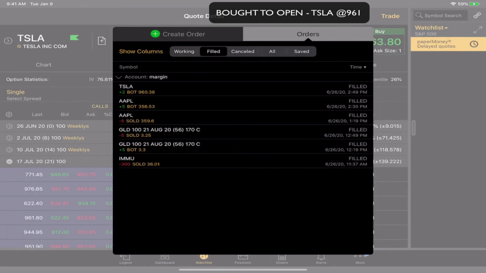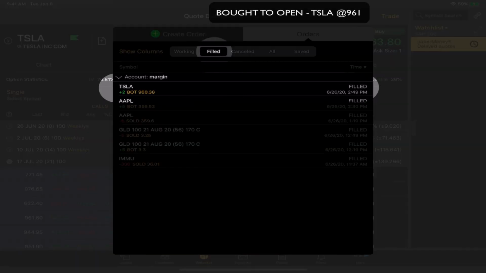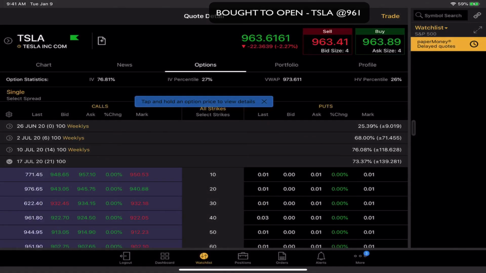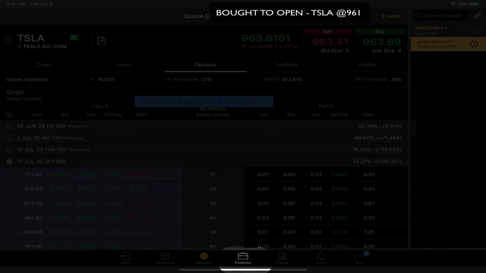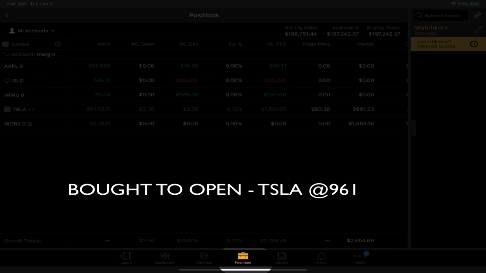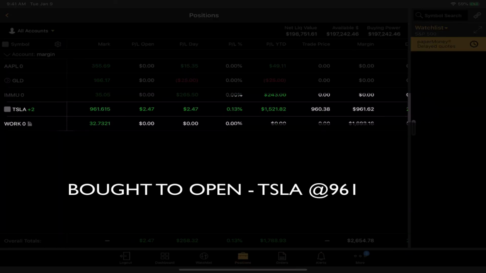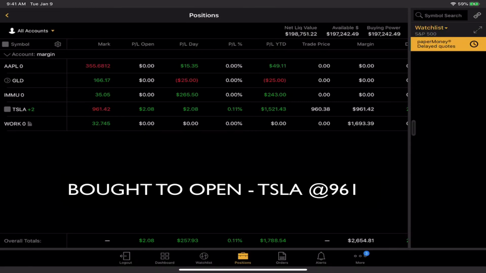Hit close, and here it tells me which orders are working and which are filled. Filled is very important. That's how I know that my order got filled. I bought 2 Tesla at 960.38, and the order is filled. How else do I confirm? I go this menu to positions, and I can see that I have a position in Tesla at 961, and that I'm already making $2 off of that, or